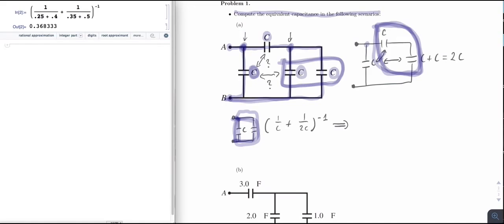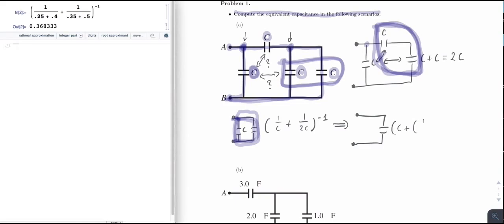So if they're definitely parallel, they just straight up add, so I end up with my last circuit here. And if they're in parallel, they add, so this capacitance will be C plus